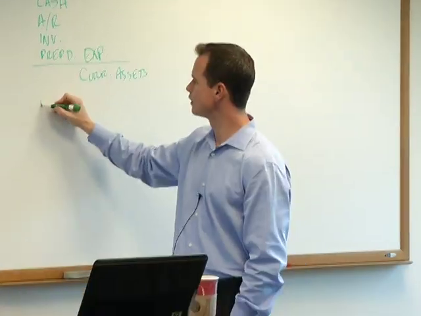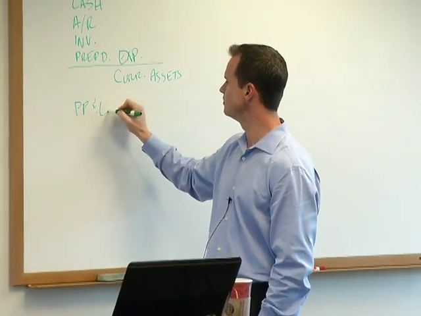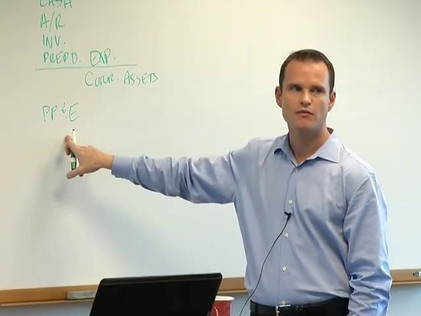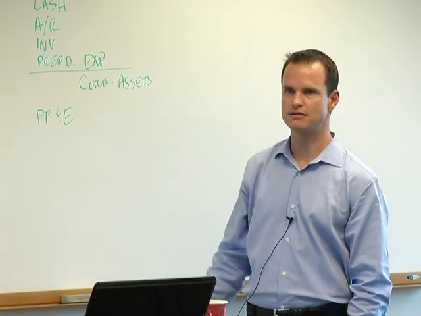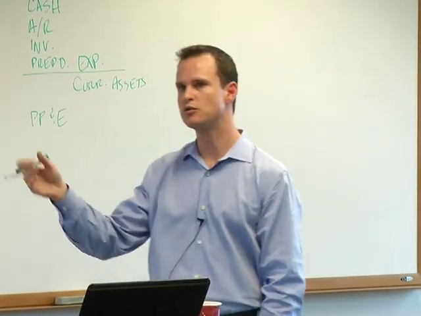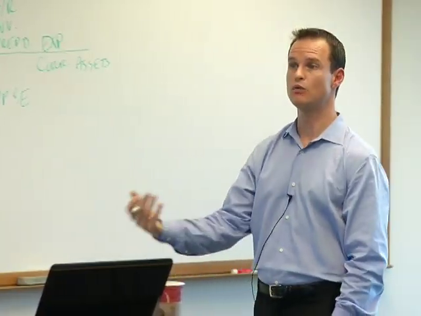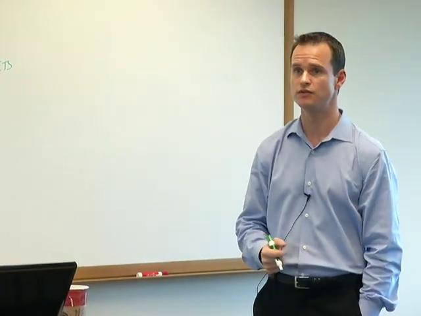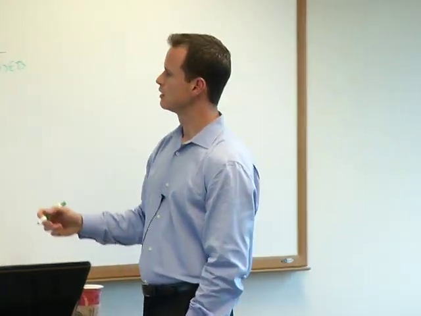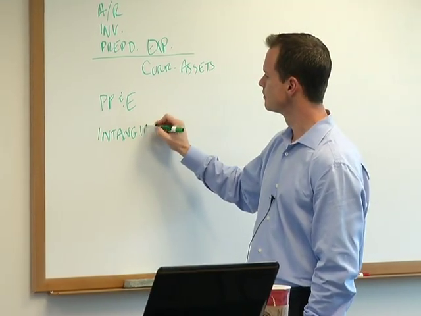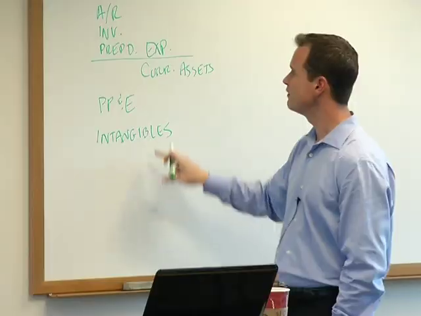Then we'd have longer term assets. We might have something called PP&E. What's that? Yeah, plant, property, and equipment, fixed assets. Desks, chairs, tables, delivery trucks, buildings, land, those types of things. Our manufacturing facilities, our machinery, all those items. And then we might have some intangibles. And every balance sheet's not going to look